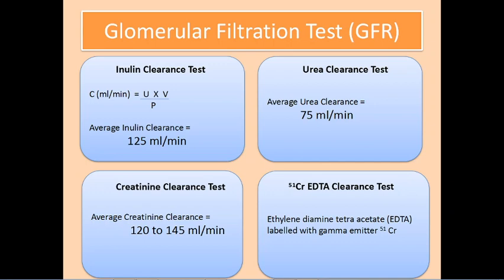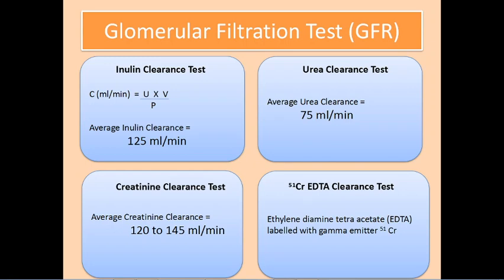The third way to assess the glomerular filtration rate is the endogenous creatinine clearance test. At normal levels of creatinine, this metabolite gets filtered at the glomerulus but is neither secreted nor reabsorbed by the tubules. Hence, its clearance may also be measured to obtain the GFR. This is a convenient clinical method for estimation of GFR because it is a normal metabolite in the body. It does not require any intravenous administration of the test substance. So a measurement of 24-hour excretion of endogenous creatinine will be convenient.